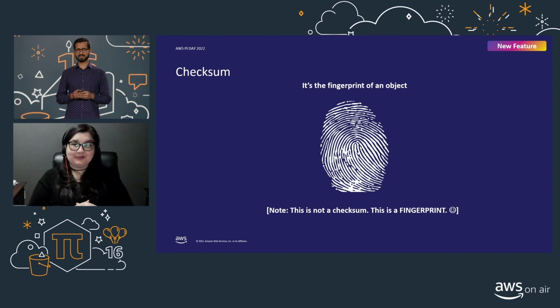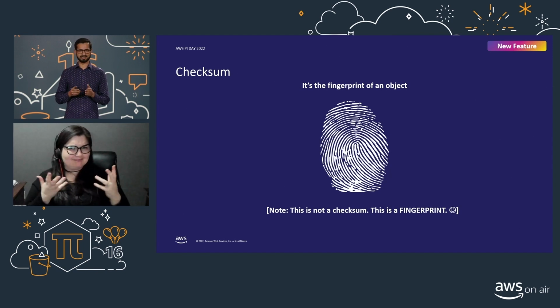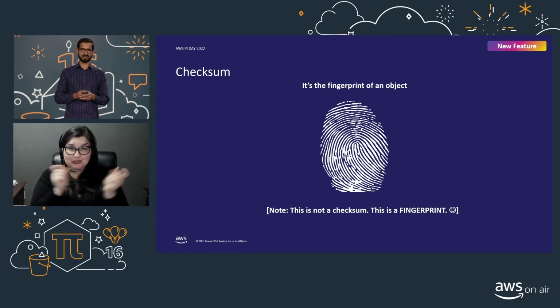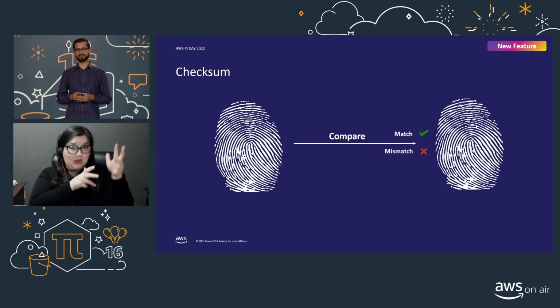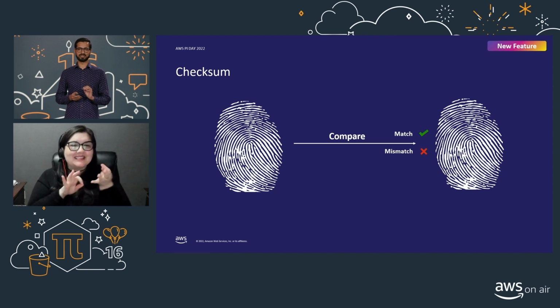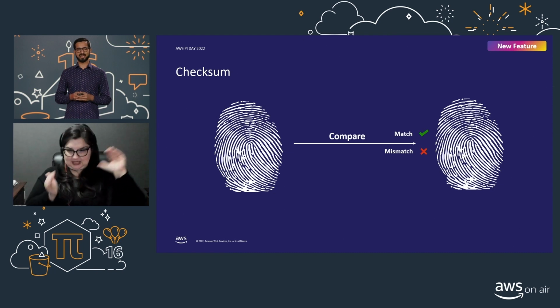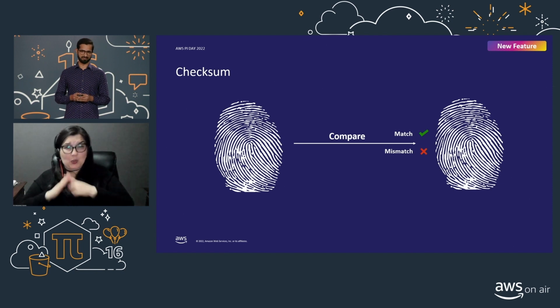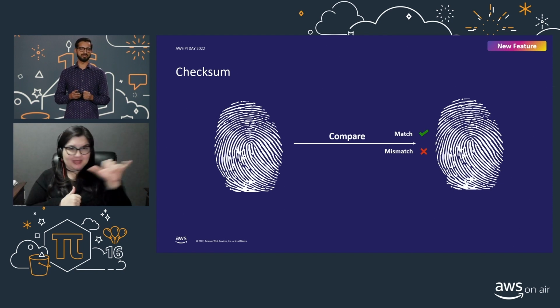Now, if you don't know what a checksum is, a simple way of thinking about it is that it's the digital fingerprint of an object, which can be used to track any change in data during transmission or at rest. How do we use checksums? It's simple. You calculate the checksum of the object at the source, then after the transmission, and compare the 2 checksums. If they match, then perfect. Your data, despite traveling at the speed of light, is still unchanged. If they don't match, it means the source object and the destination object are not the same. And S3 can use this information to only succeed the request when these checksums match.